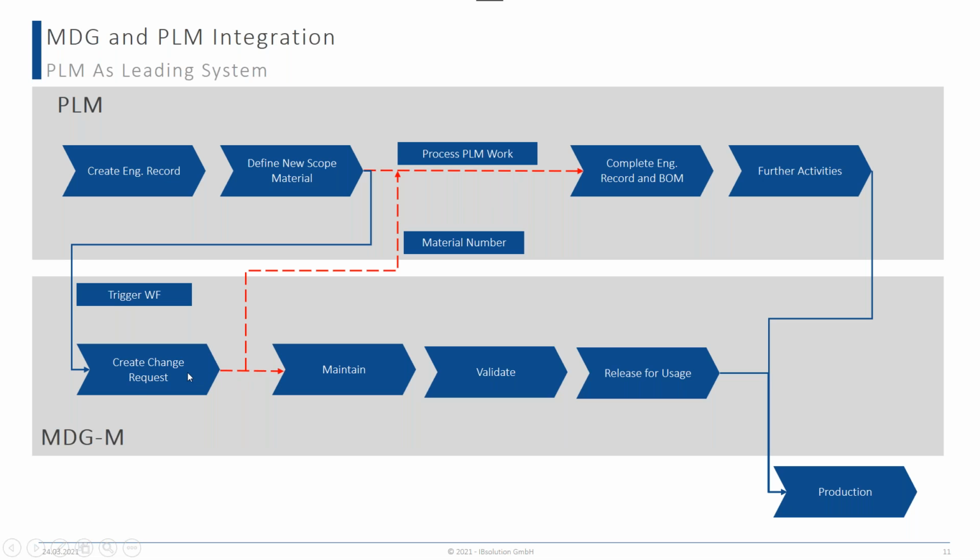Either just in this place, we will create a material with very basic information that is needed to be available in the ERP, because there are a couple of fields in SAP that are must fields that have to be there. It's very basic data. Either we can create a change request, or we can activate here itself and provide the material number back to the PLM,